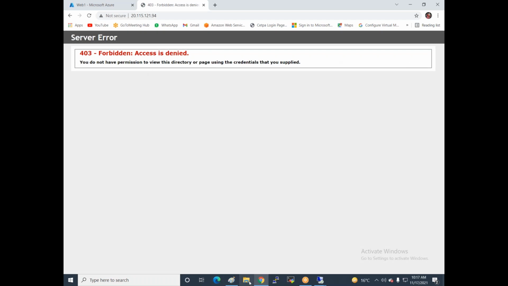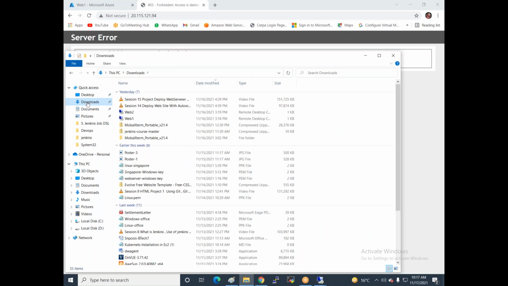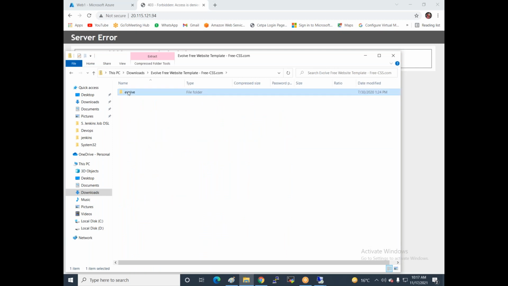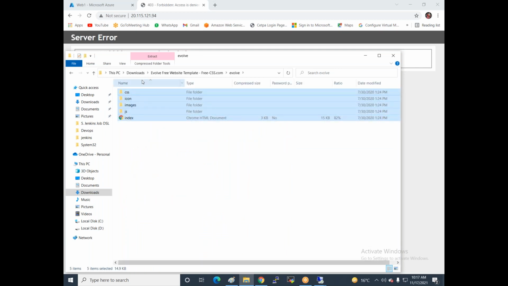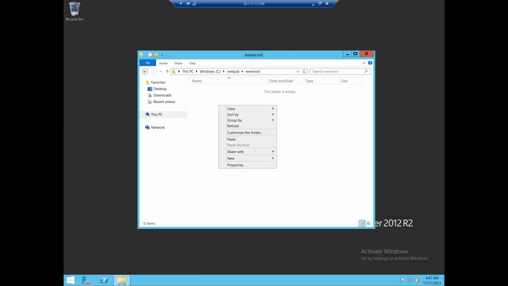Now I'm adding my custom website, as if a developer wrote the website. I downloaded one website a little earlier. Wait, I click on the download section, and where is the website? Yeah, this is the website. Now I copy the website, Control C, and now I paste all these files in this location.